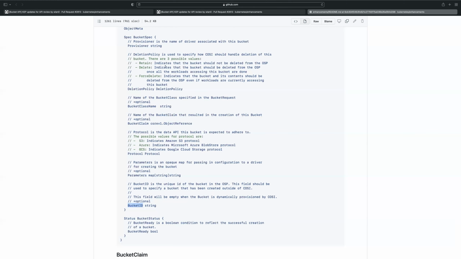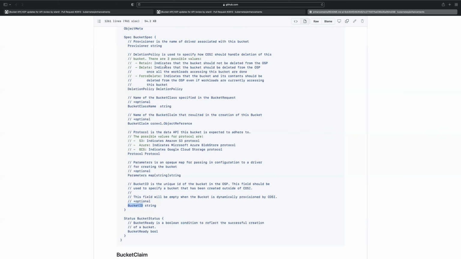Just to be clear, I got a bit confused. In the spec field, the existing bucket ID points to the name given from the user, and the status field has the actual bucket name which was created in the backend, right? So when creating a bucket, the user creates the bucket claim, and that is the only name the user gives now.